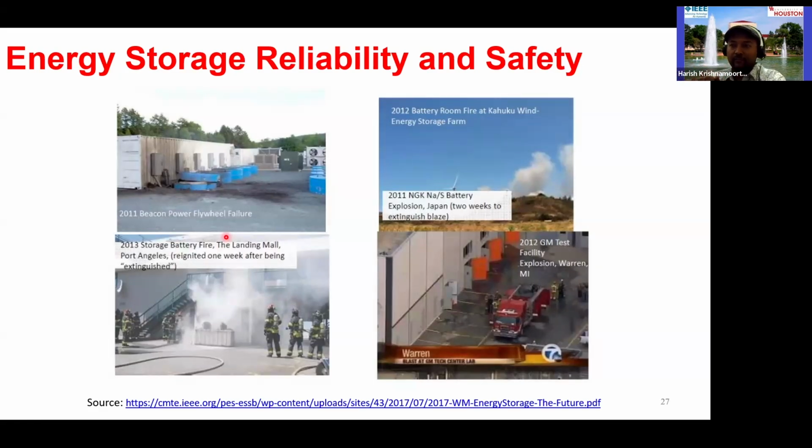You may have seen explosion and fire in the news, like looking at some of the large energy storage systems. The one at the top left is a flywheel system, as we mentioned. If the speed exceeds a lot, then some of those mechanical systems can fail, which can cause explosion. And some of the battery chemistries themselves can cause explosion if the voltage in the cells exceeds a limit. So we do have battery management systems in most of these applications, but there may be different levels of safety which are needed to handle such cases.